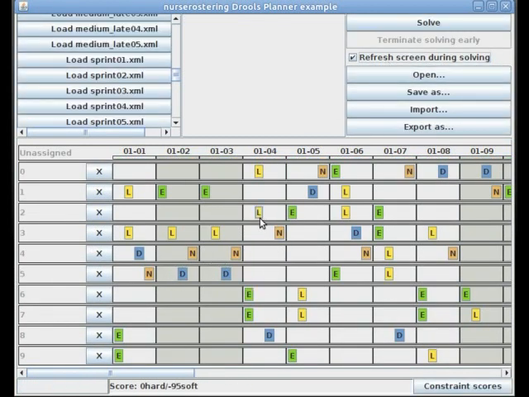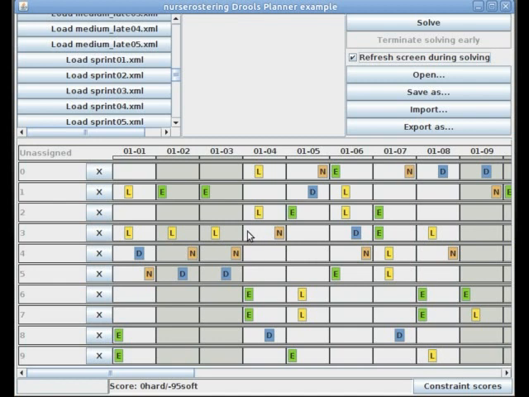In less than a second we get a schedule like this, and in the schedule you can see that all of the shifts have been assigned to 1 nurse, and also that no nurse has to do 2 shifts on the same day. So this solution is actually feasible, as we can actually do that in reality. Now it's not a perfect solution though, because